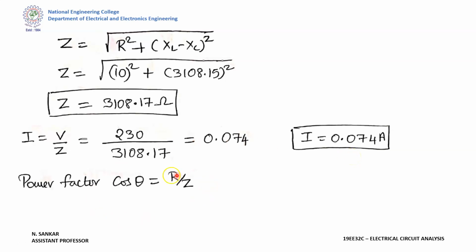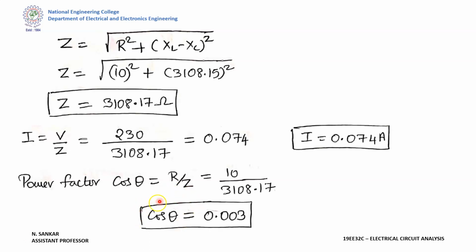Next one, power factor. Cos theta is equal to R by Z. So we know the value of R as 10 and Z as 3008.17. So the value of cos theta is very low, that is 0.003. Because of the presence of inductor and capacitor value, power factor is very low, nearly equal to 0. Okay,